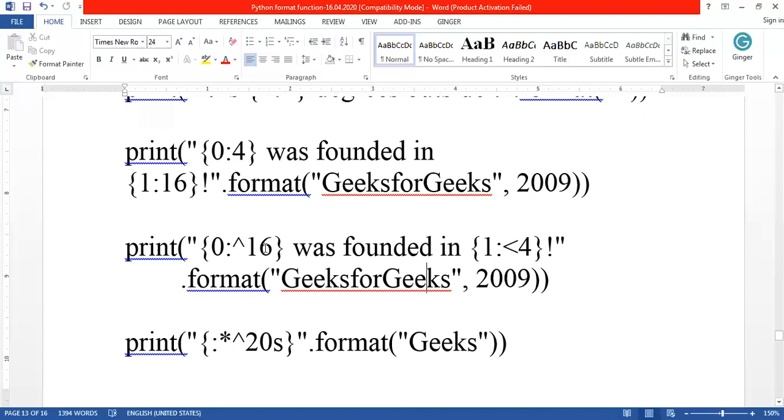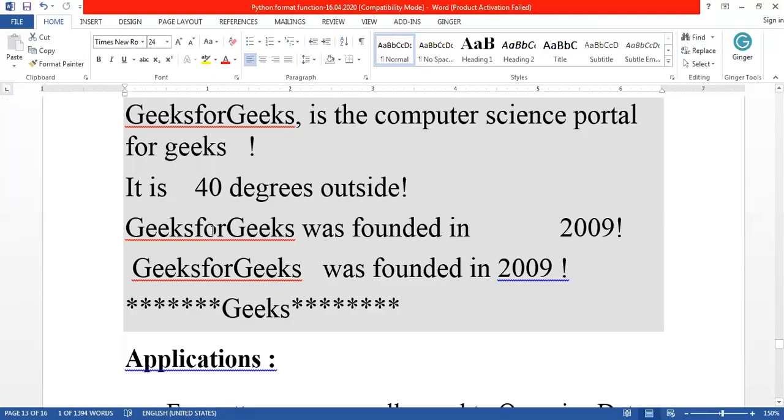There will be 16 spaces, 0, 1, 2, 3 like that, and in those 16 spaces, in the center part, Geeks will be there. Here 4 spaces will be there, and in those 4 spots it is left aligned. Normally numbers are right aligned, right? If you want to align on the left-hand side, you have to use the less than symbol. So let's see the output. The third one, right? So this is the third one.